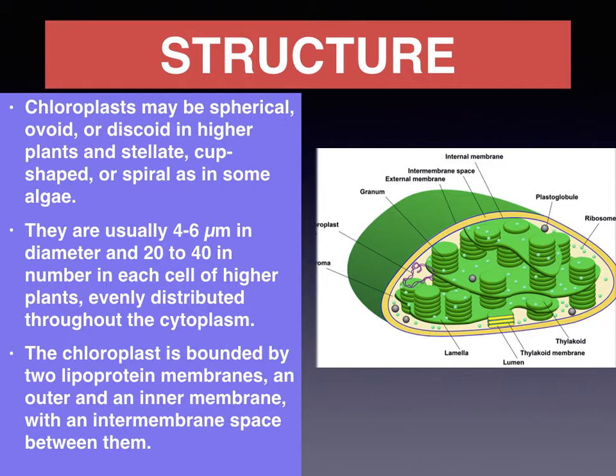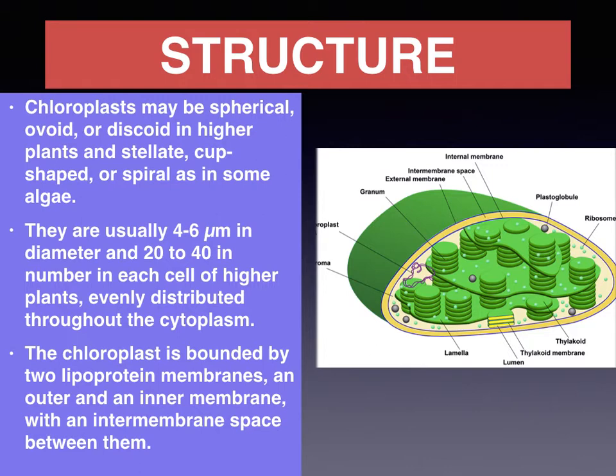You will find some resemblance between the mitochondria and the chloroplast. They are somewhat similar when you describe them. Just like in mitochondria we had two membranes with an intermembrane space between them, the same is true here with the structure of this plastid. You can see the chloroplast is bounded by two lipoprotein membranes, and you can make out the intermembrane space, as pointed out here. Then the inner membrane encloses a matrix, just like inside the mitochondria you had a matrix.